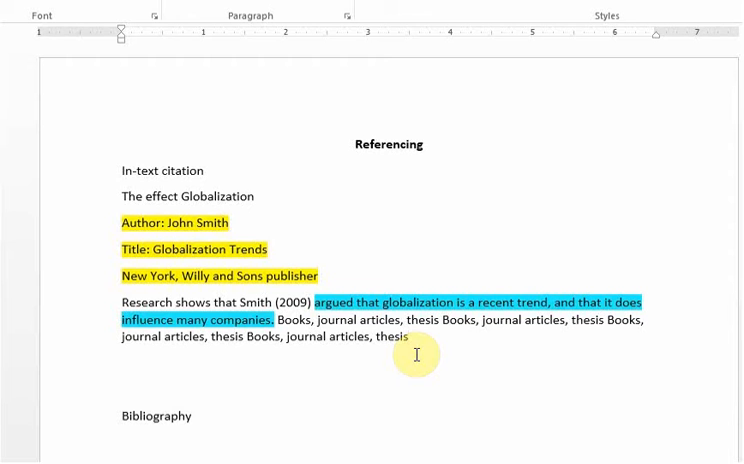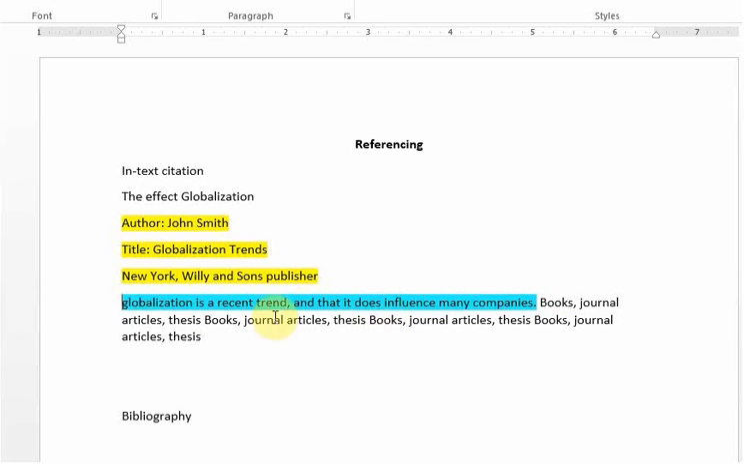cite it. James 2009, Farrell 2003, and all of them, cite them. There's another way of also citing them. The same reference, instead of saying research shows that Smith argued that globalization is a recent trend, the other way of doing it, you could just start by saying